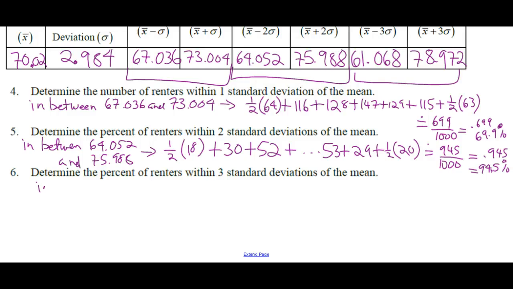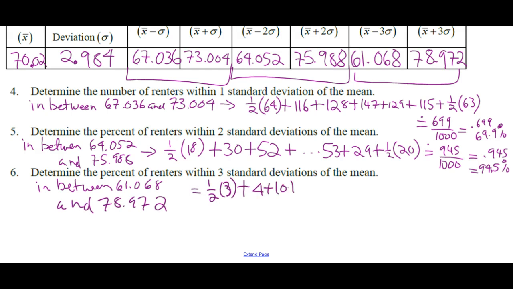So this is in between 61.068 and 78.972. Okay, so we could do half of 3 plus 4 plus 10 plus dot dot dot and end with 17 plus 5 plus a half of 2,